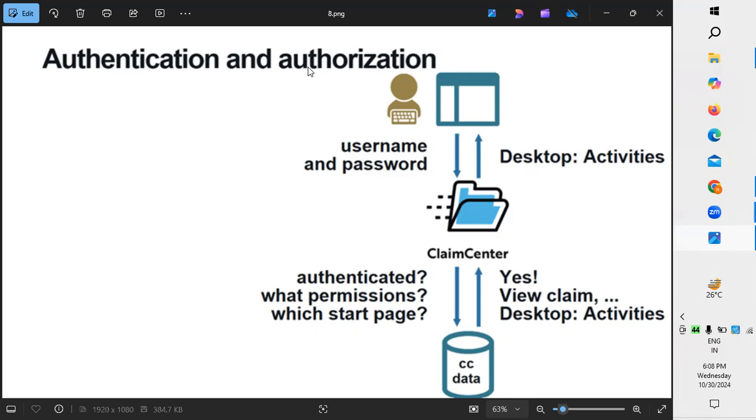So when we are working on the business analyst side from the claim center, there are two things we must be knowing. One is about authentication and second is authorization. Okay, there are two things, authentication and authorization. So, authentication and authorization are performed for different purposes, because whatever the username and password we have given using